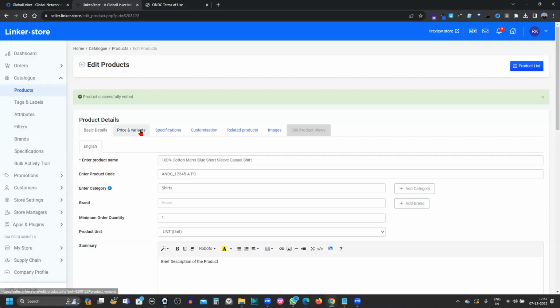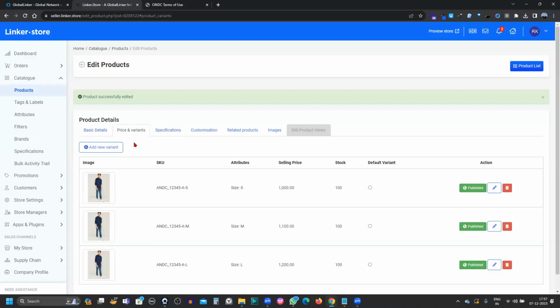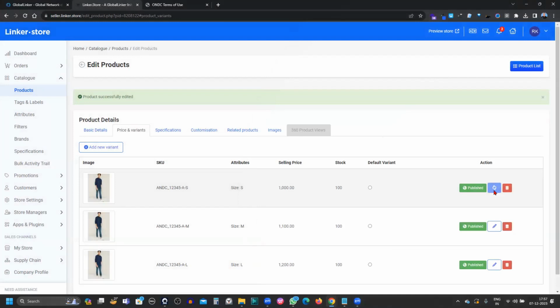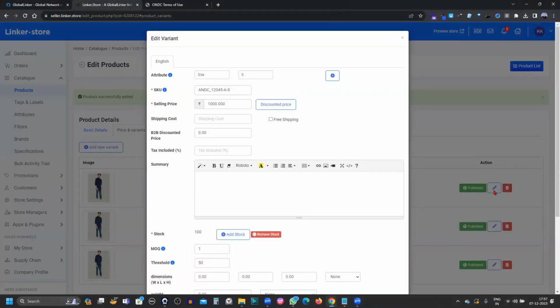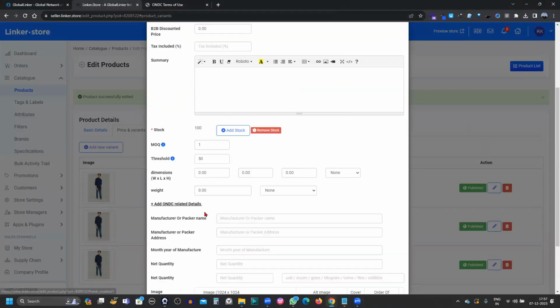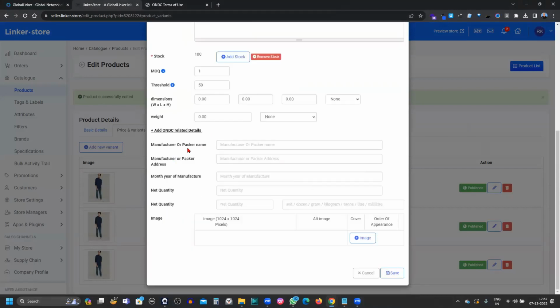Now we will go and update the variant level information, and this is where you have to click on price and variant, and we have to click on this pencil shaped icon, and it will open this overlay. On this overlay, again, you have to scroll down and you'll see this option, add ONDC related details. And this is where you have manufacturer or packer name, manufacturer or packer address, month or year of manufacture, net quantity, units, and what is the measurement unit. Let me just quickly